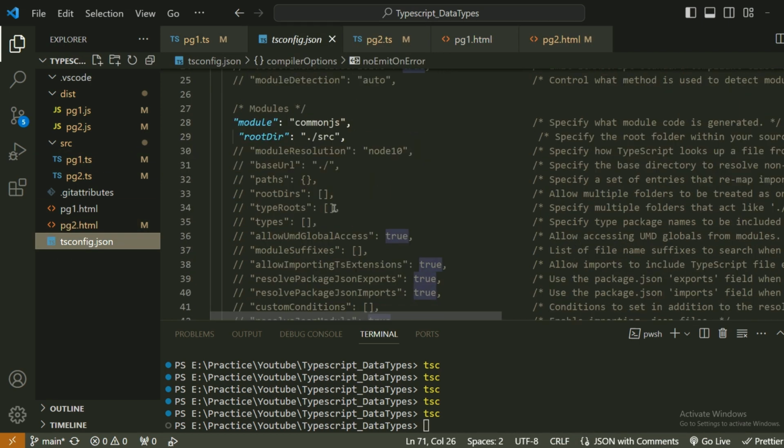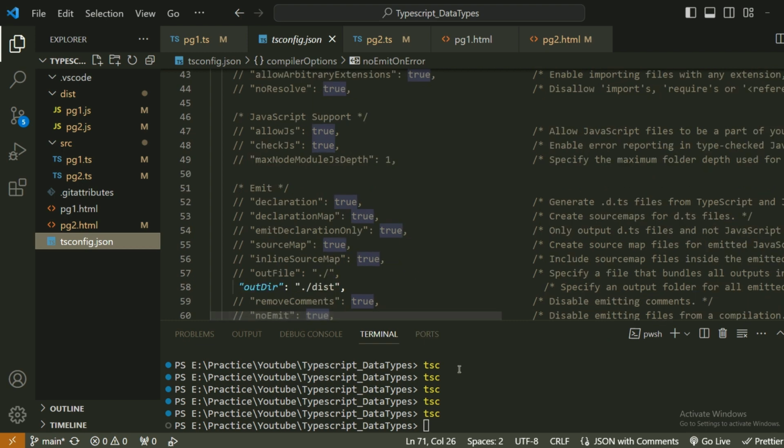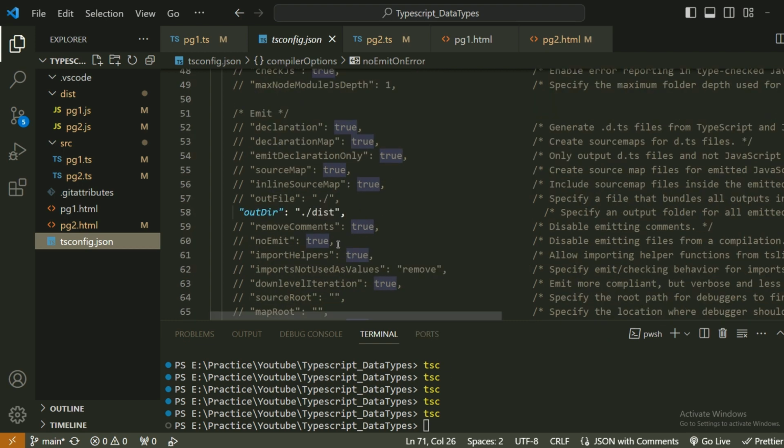Okay, so it takes care of things if you just type in tsc and you don't want to specify any file, so it will update all the files in that case. All right, so going back to our program in